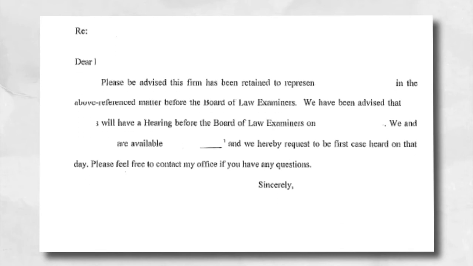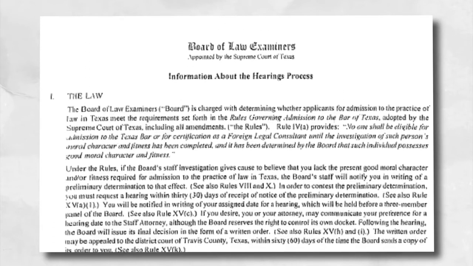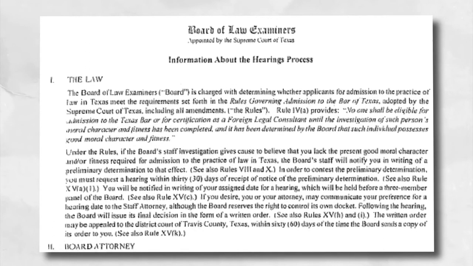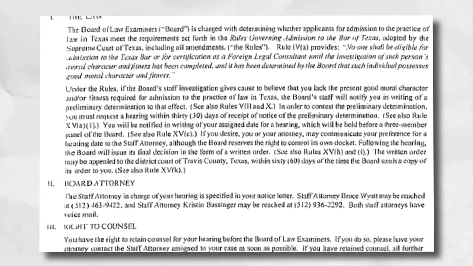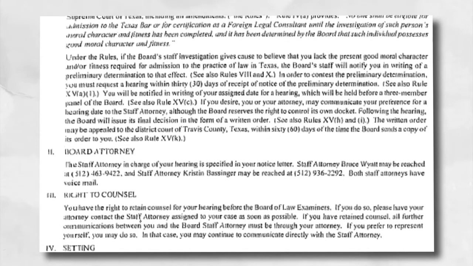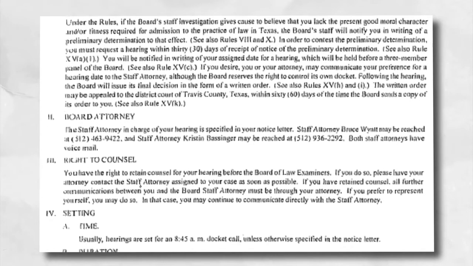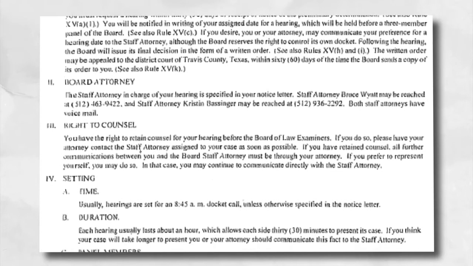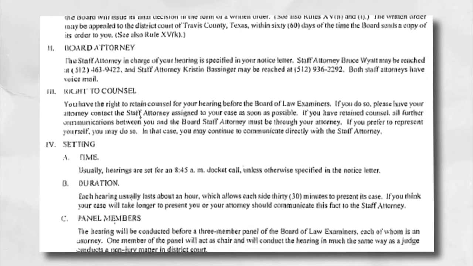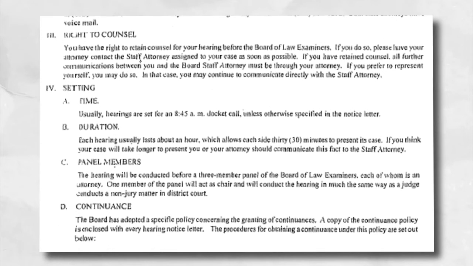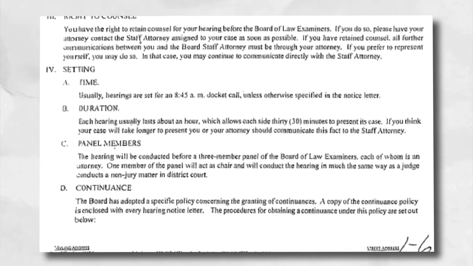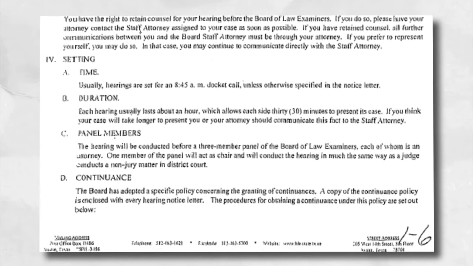The sixth letter is the information about the hearing process, and that needs to be carefully looked over because it gives you how you get a continuance, what procedures are used, the evidence that's applicable, what happens after the hearing, how you reach a decision, and it also gives you the election for the open hearing if you want to have it made public or you only want to have certain witnesses. So that needs to be filled out when you're going through your documents and understanding what is to happen.